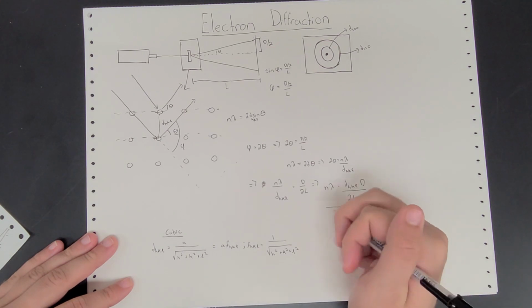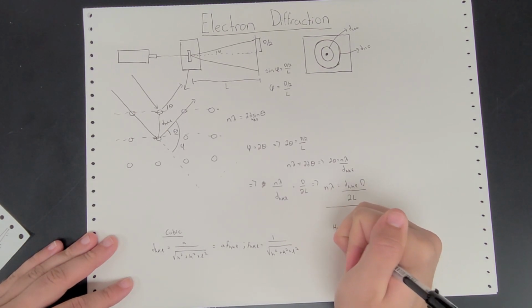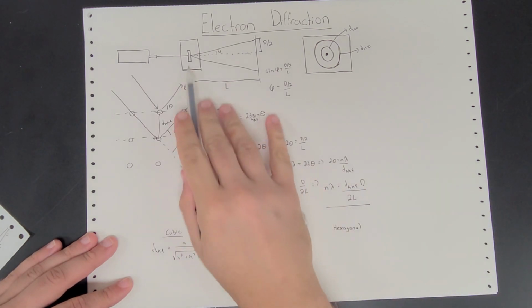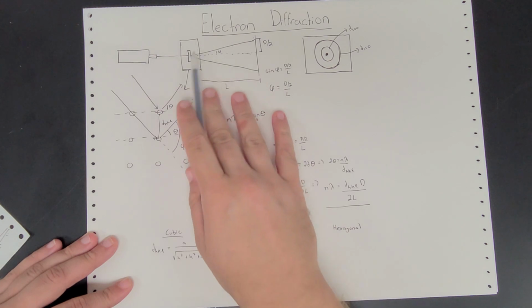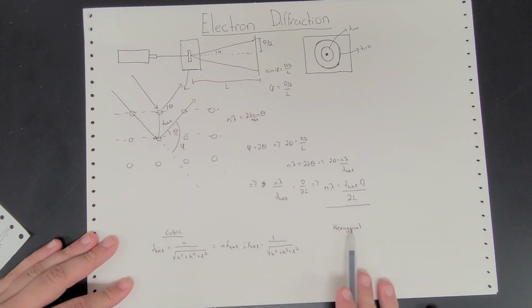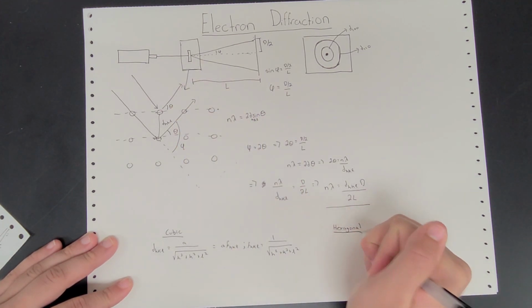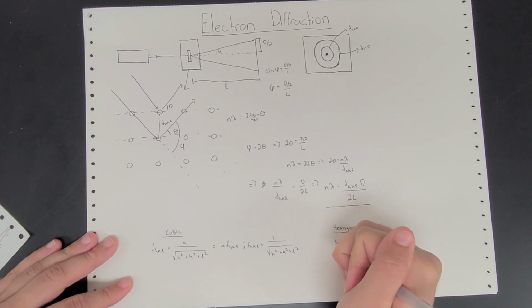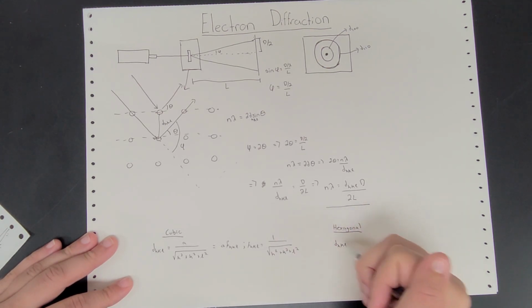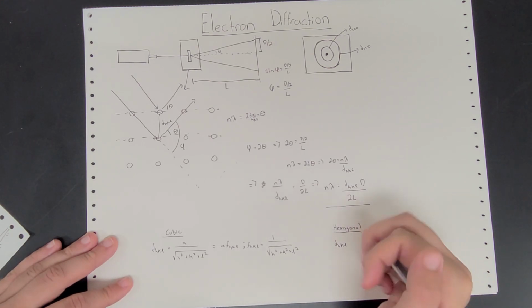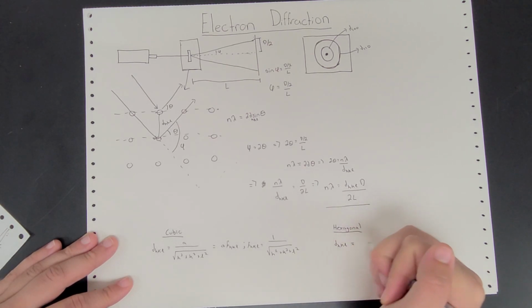The other one that we're going to look at is the hexagonal. We're going to try to determine: is the structure of this graphite cubic or is it hexagonal? It turns out the equation for dhkl, the interplanar spacing for a hexagonal structure, is given by the following equation: